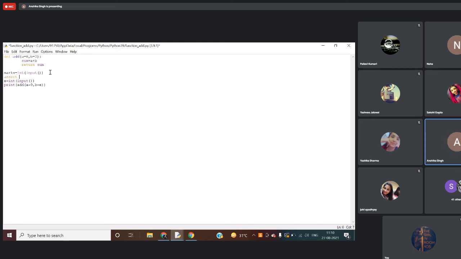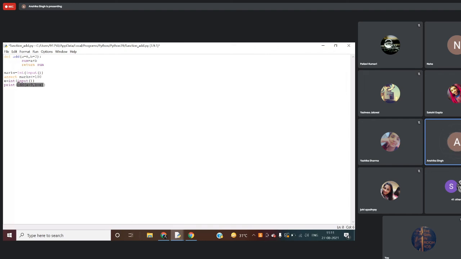assert marks less than equal to 100. In case, it will be checking whether it is less than equal to 100. If it is less than equal to 100, then only it can perform the next operation or any expression.